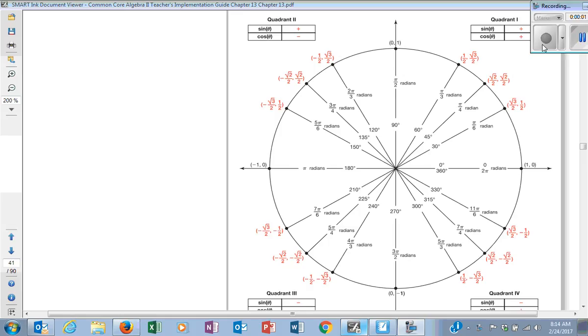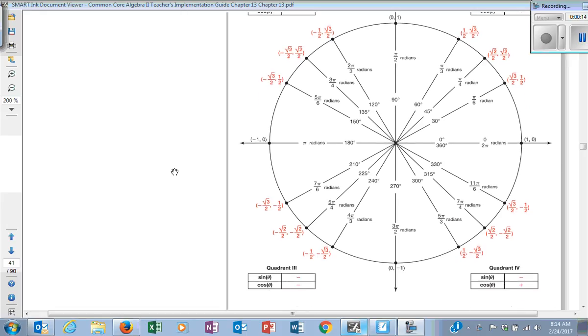So we are going to be finishing up 13.3, starting a little bit of 13.4 today. This is the unit circle. This is the one that is completed out. Again, this is the thing that you need to memorize. I'm going to be referring back to this, so it would be best if you just kept on this page